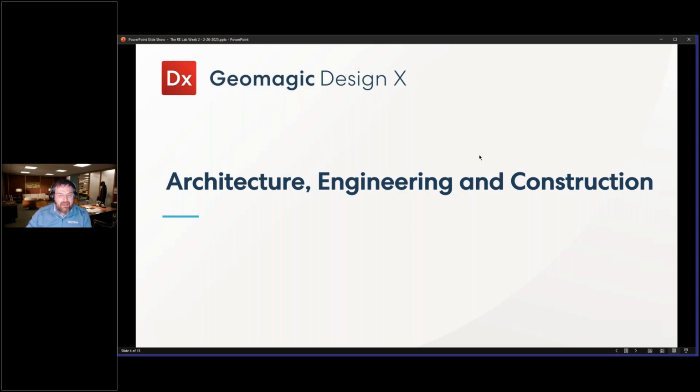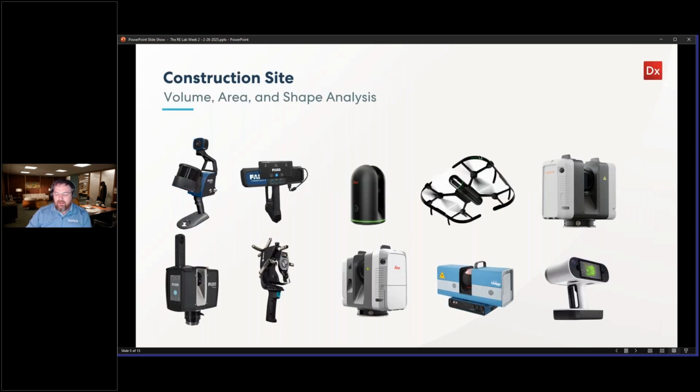And for anybody that hasn't joined us on one of these, really, I'm not set on giving a technical demonstration as much as just explaining the application and what Design X did in that application to be successful, right? So in this first construction one, as we did before,